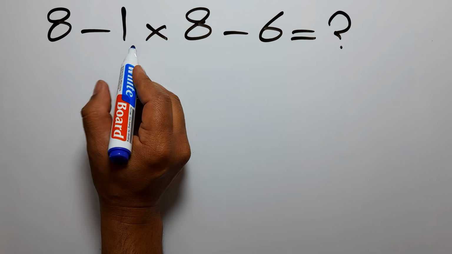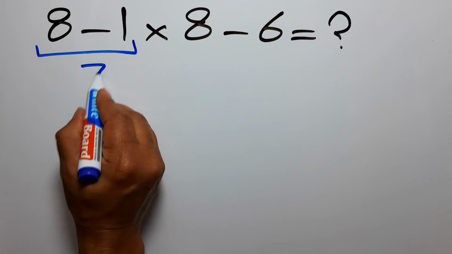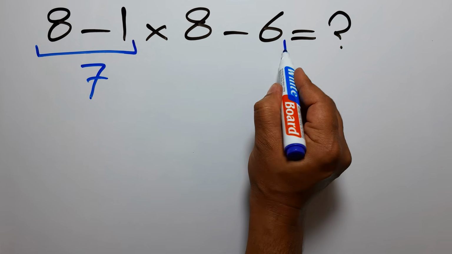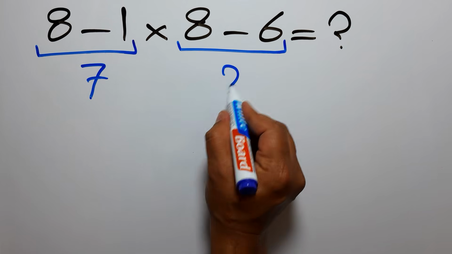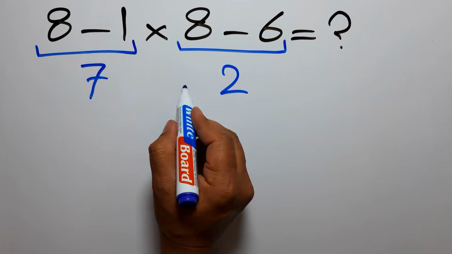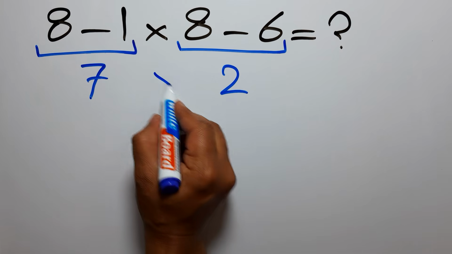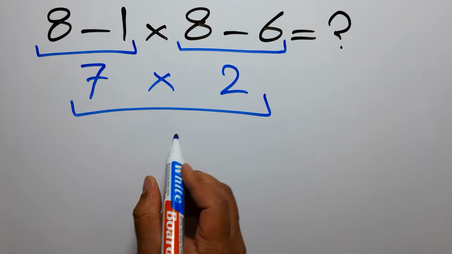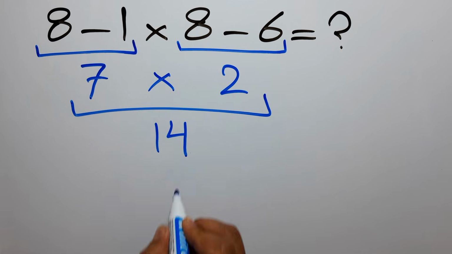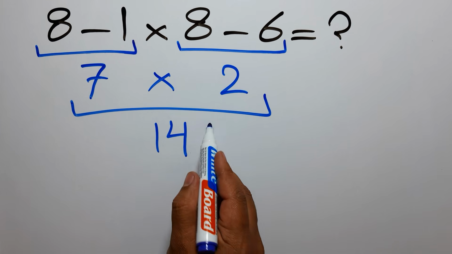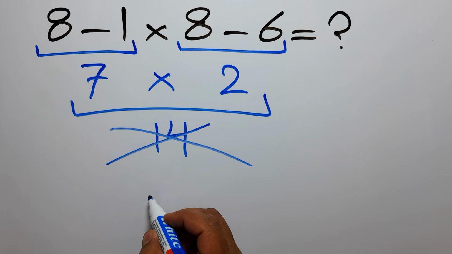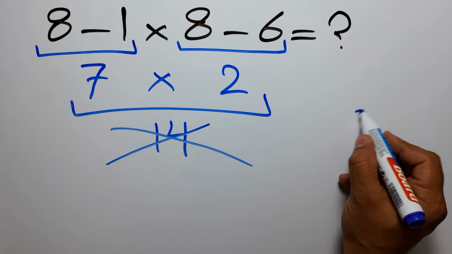8 minus 1 gives us 7. And here we have 8 minus 6, which equals 2. So we have 7 times 2, which equals 14. But this answer is not correct because according to the order of operations, which is PEMDAS,